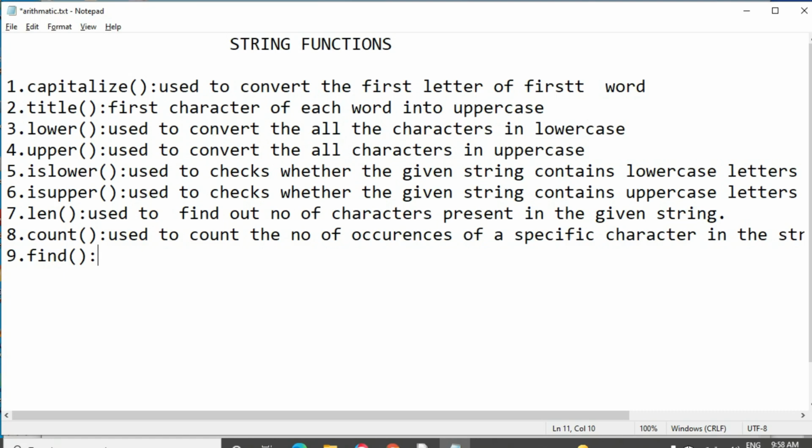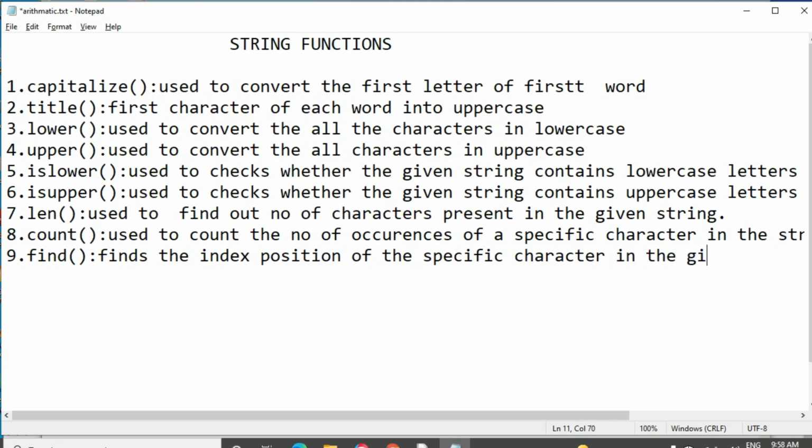So this function is used to find out in which index position the character is present.